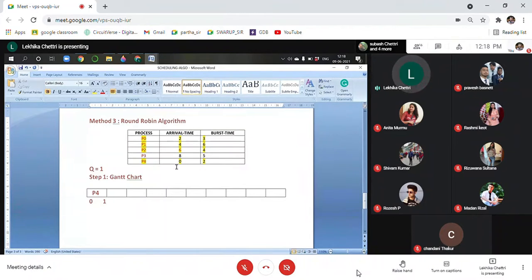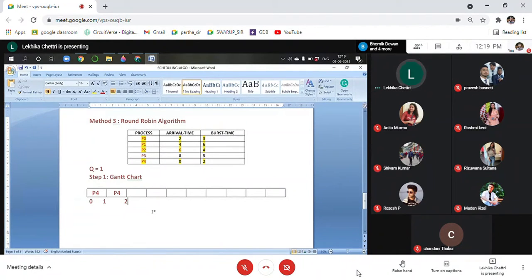So your algorithm has to check your ready queue. So in the ready queue, is there any other process at clock time 1? No. Do we have any process that has entered into the ready queue at clock time 1? No, it's very clear from here. Okay, so what happens is P4 re-enters into the CPU. Okay, so now the clock time of your system is 2 units.